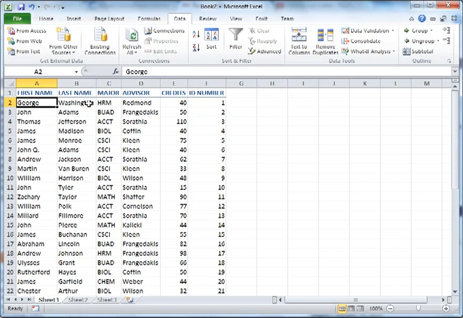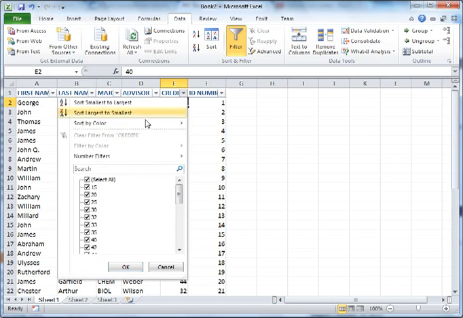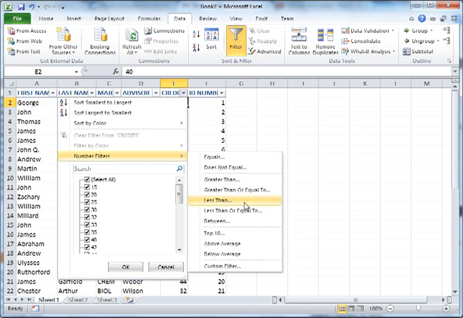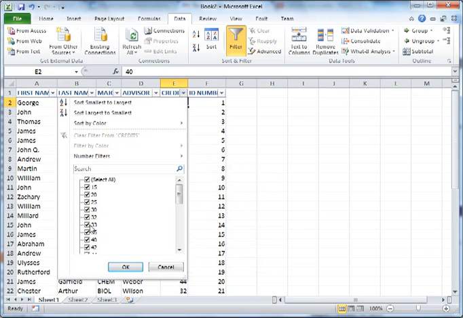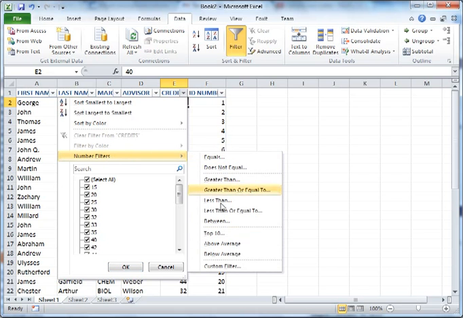So first thing we need to do, this is a database thing we're trying to do. So when you go to the Data tab, go to the Sort and Filter group and turn Filtering on. Just make sure your cursor's in the data before you start. We get the drop down arrows here, and what we want to do is apply a filter rule in the credits column. Now let's go to Number Filters, and we're going to choose a custom filter. In general, stay away from this unless you're testing for equality, and we're not testing for equality this time.